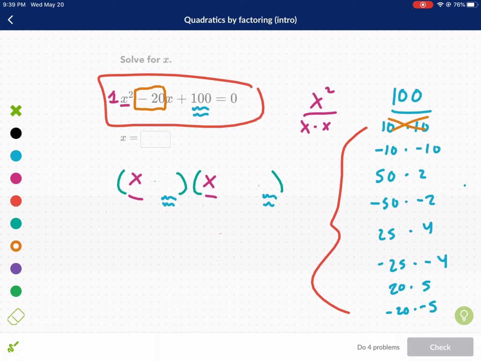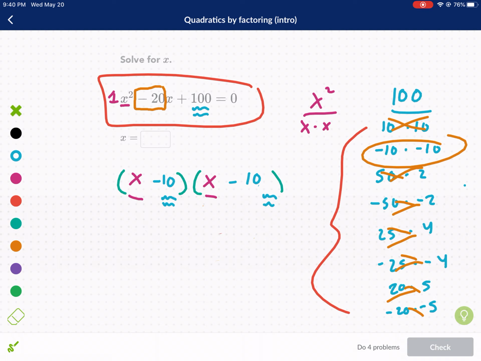So that rules out 10 and 10. That rules out this. You can see I skipped one on purpose. Yes, I did. Negative 10 and negative 10. So why does that work? We're going to pick negative 10 and negative 10. And why does that work? Well, the reason why it works is because